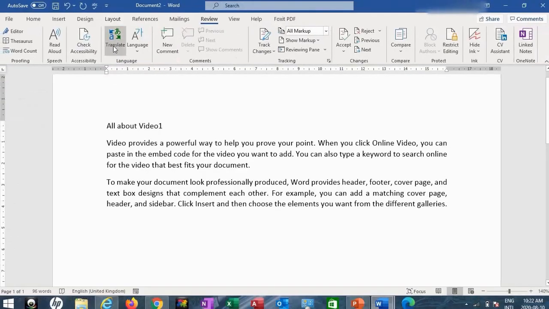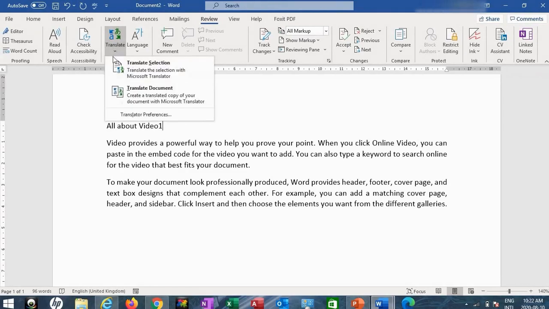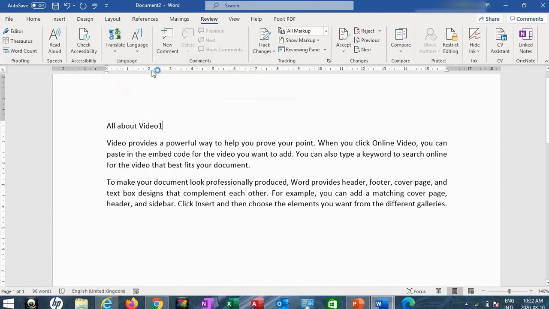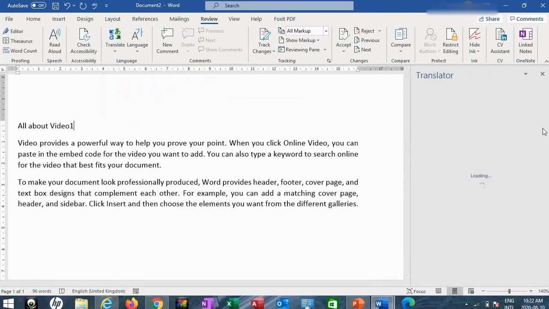Now the next thing you need to click is this button called Translate. Click the more arrow and you will find two buttons there. The first one is Translate Selection. I'm going to explain the two buttons so you understand how it really works. So the first one says Translate Selection. I'll click on that. So over here by my right hand side, you would notice that it's loading